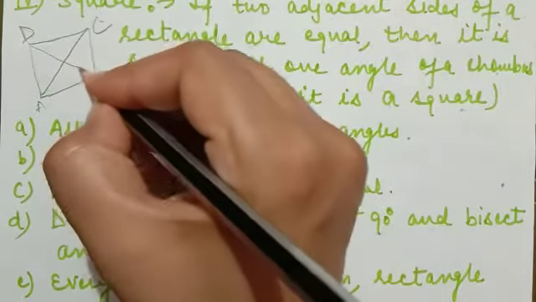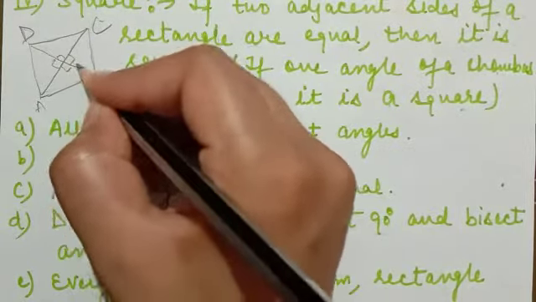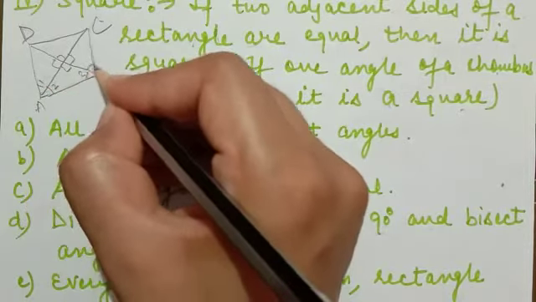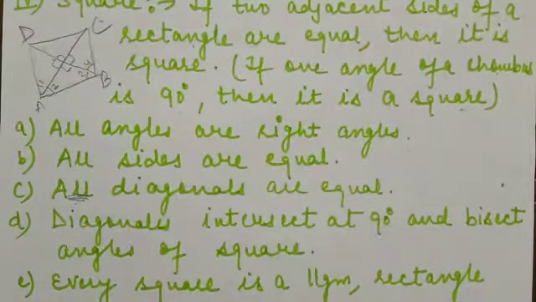It means these are two diagonals, they bisect each other at 90 degree, all angles are 90 degree, and they bisect the angle of square also. It means this is equal to this, equal to this. Similarly, these two parts are also equal to each other. So students,